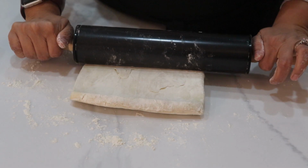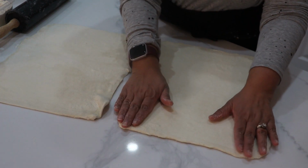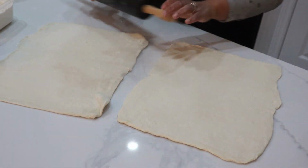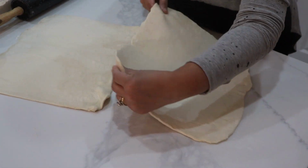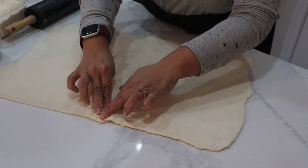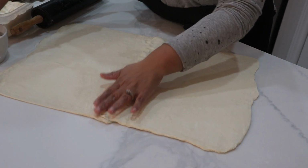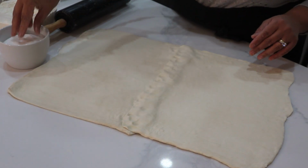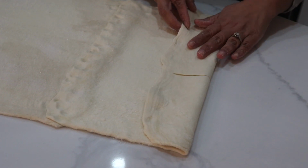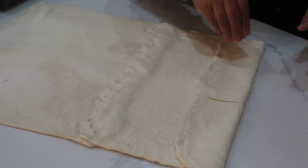Okay guys, so I have rolled both sheets to about 10 to 12 inches, and then I'm just gonna put one sheet on top of the other, and I'm gonna kind of press down so it can stay. And now we're gonna spread sugar all over the sheet, and I'm gonna start from one corner and fold the dough and also sprinkle more sugar,